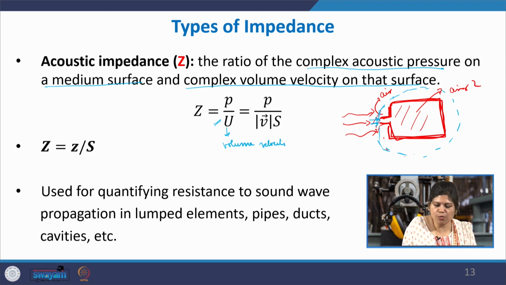The volume velocity is what? It is the velocity multiplied by the surface area. Here I have considered that the surface area and the velocity incident are normal, and I have directly taken the product. But if it is some complex situation where only a component of the velocity is incident, you will have to take that component of the velocity which is normal to the surface area, because to measure volume velocity you want to see the rate of the volume of air that particular wave is pushing forward. So, the velocity should be able to push it along that surface area.